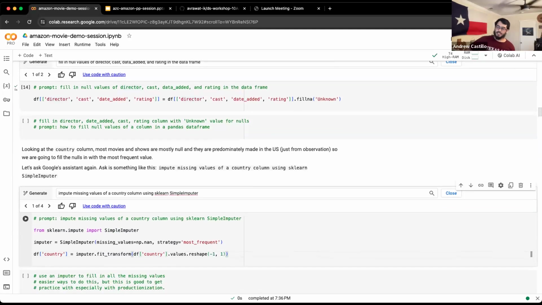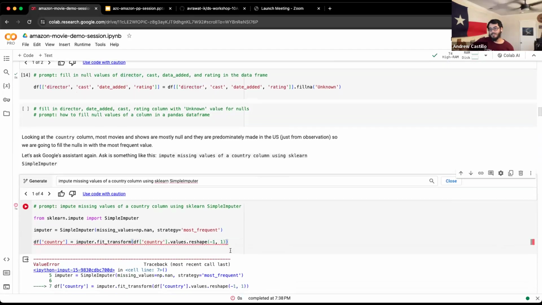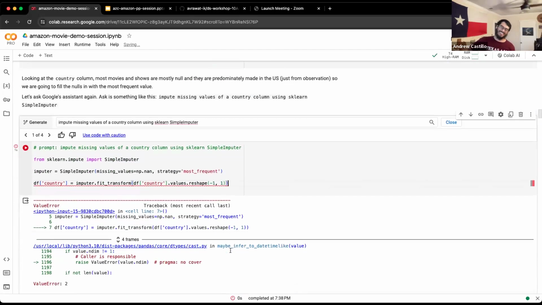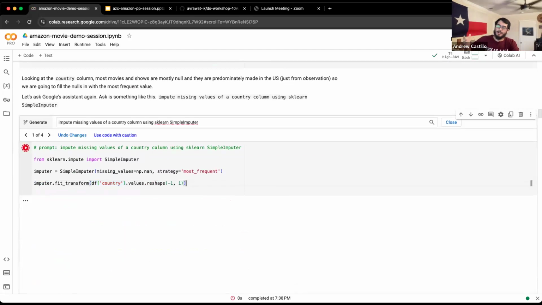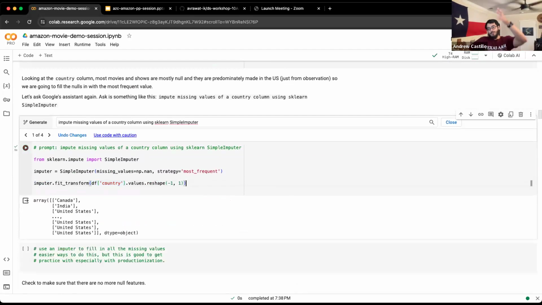Now, if we run this, let's see if it still happens. You notice here we actually get an error. So first off, always be careful. You never want to just trust the code that it gives you. It's kind of why it says to use the code with caution. The reason for that is the way this array is set up. The imputer is going to fit_transform the whole country column, and we're going to reshape it. But if you look at it, we have a dimension